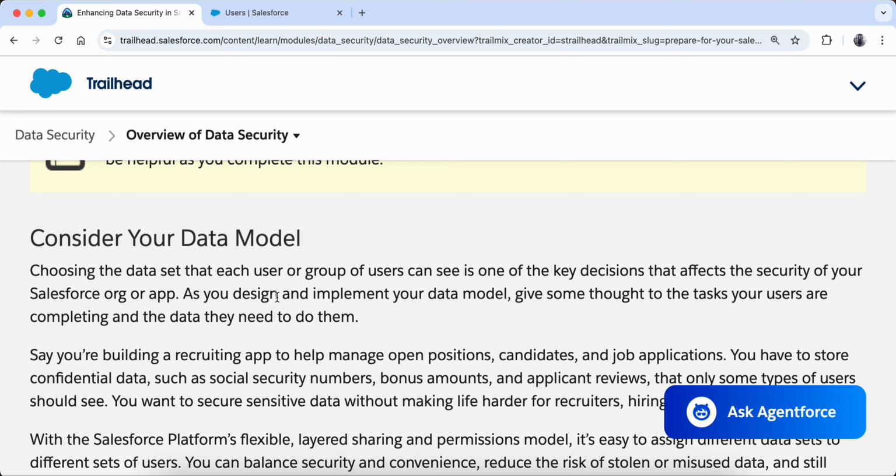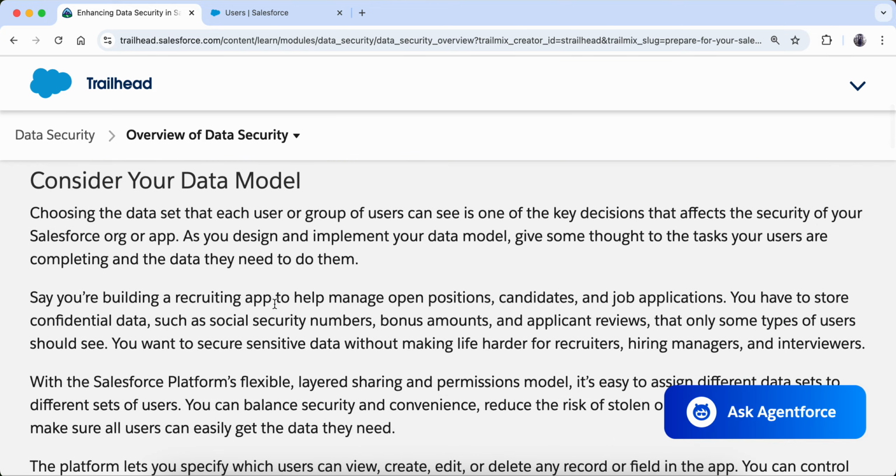So when we have an organization, we have different kinds of roles. We have HRs, we have recruiters, we have employees, and we have managers. In employees we have managers, directors, senior directors, and then there is a lot of sensitive information of the company. So we don't want everyone to view that information, right? This is just one example of information. So we don't want everyone to look at that sensitive information. So what we do is that we prepare a sharing model in such a way that only the people who want to see that information should be able to see it, and for the others it should not come, right?